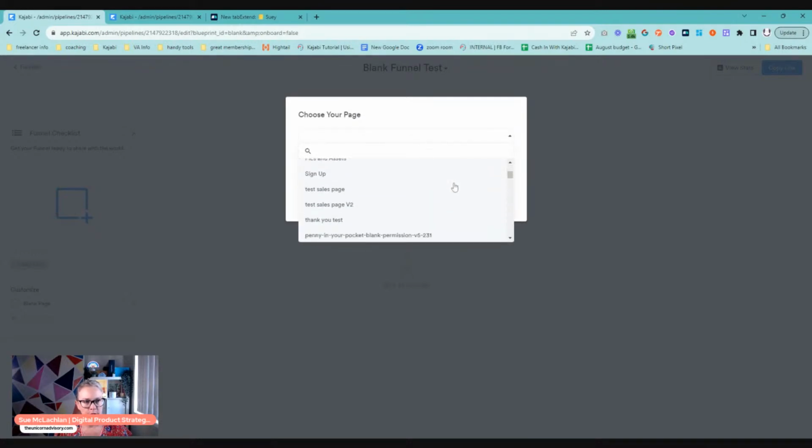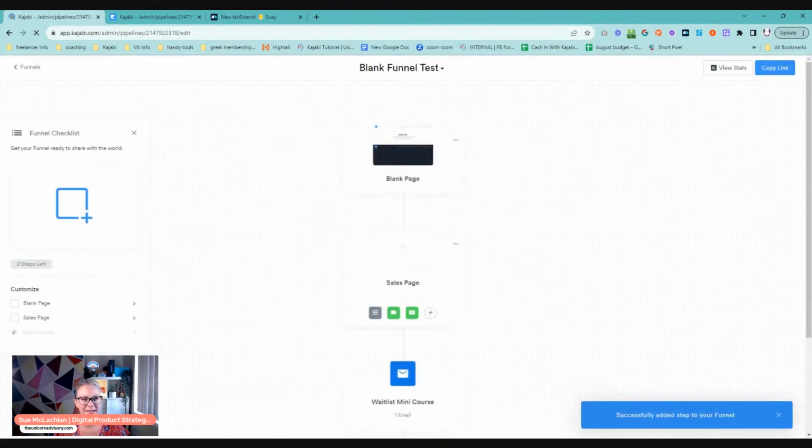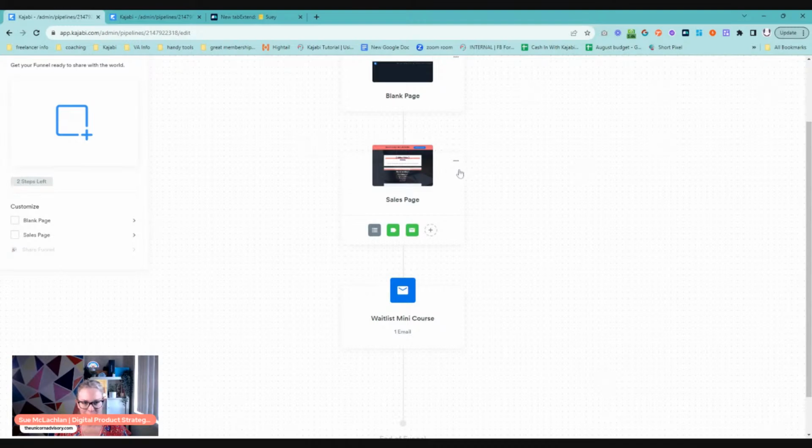And where's one? Oh my gosh, this is a little bit tricky because let's go sales page. This is my partner account. So it's not a live account. So I should have probably got organized with this in advance. So now we can see that we're adding in this sales page, which also, by the look of it, is a coding test page. And that has on it a form for a mini course waitlist, which has